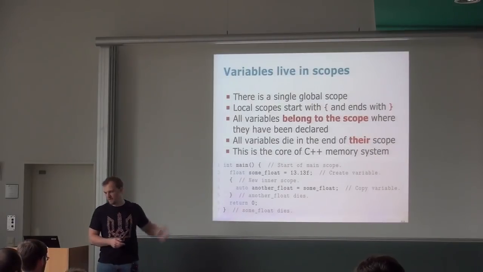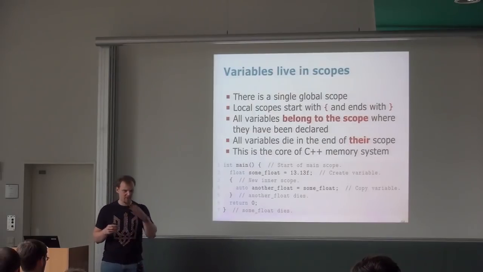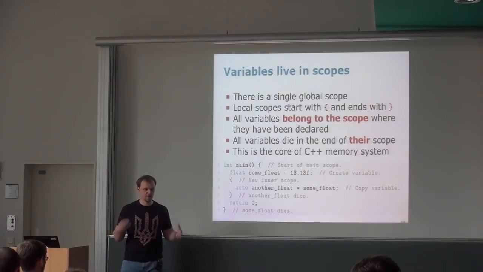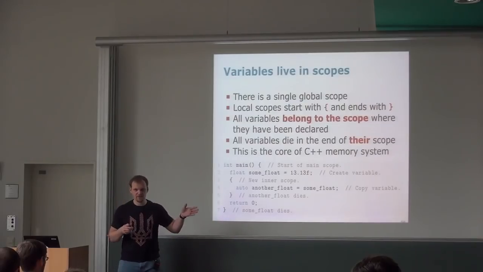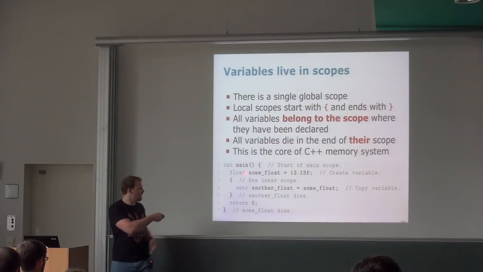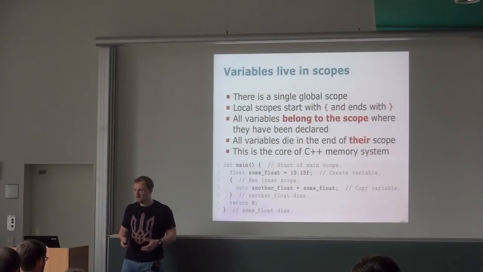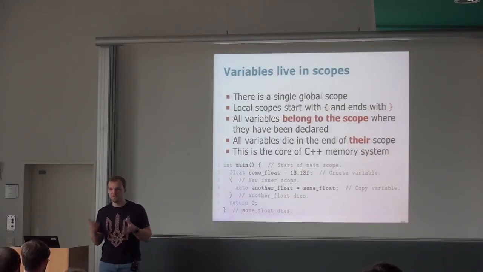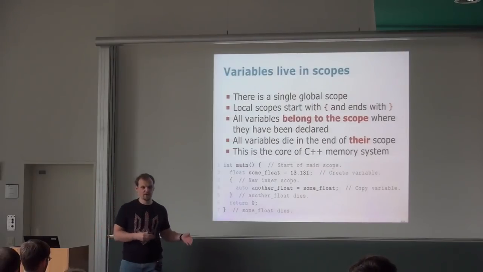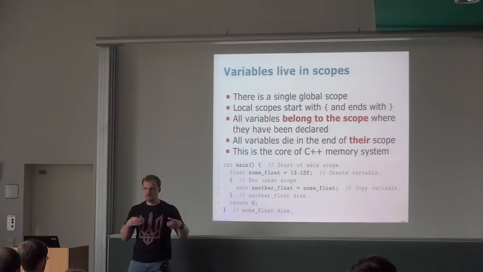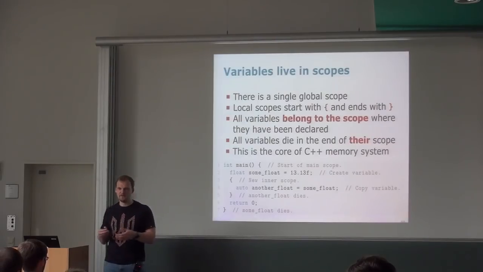Every function like main creates a scope. We will talk about it also later. And there is also one big global scope. So there is a global scope, there is a scope of the main function, and then there are any other scopes that you define there. Now, why is scope important? You can think about a variable belonging to the scope where it is defined. Because if you create a variable in the scope, it will be deleted when the scope ends.